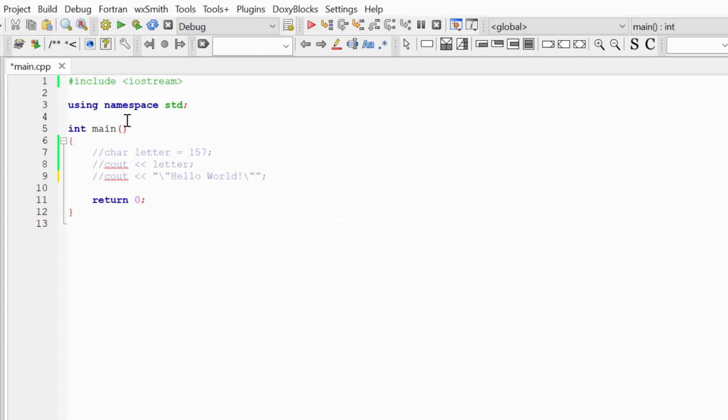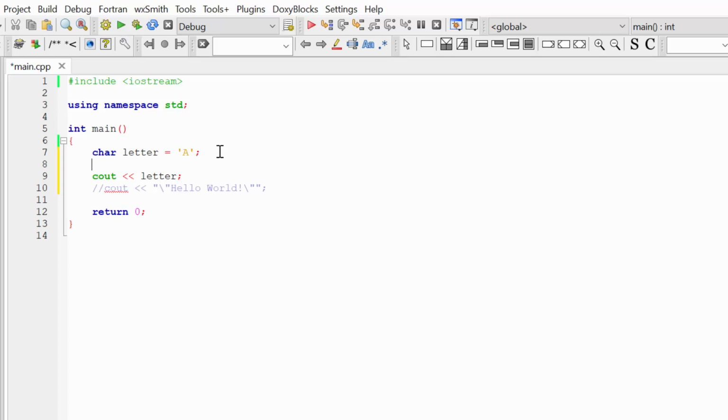Okay, let's go back to our char letter, and you can ask yourself, if a letter is represented as a number in this encoding system, can I do different mathematical operations with the chars? And actually, yes, of course you can. You can work with the chars in the same way you work with integers. Just keep in mind that a char is only 1 byte of memory.